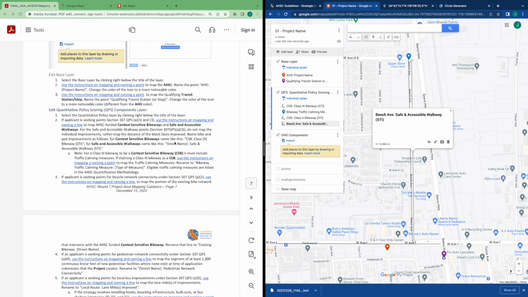To note, for safe and accessible walkways, those are made up of individual improvements. So for example, I might be improving part of the sidewalk here, part of the sidewalk here, and then improve both of these, this continuous block. But as we stated in the mapping guide, we're not mapping the individual improvements, so you don't have to put markers or little lines on where those improvements are. Just map